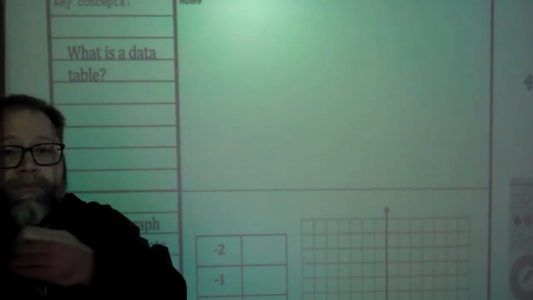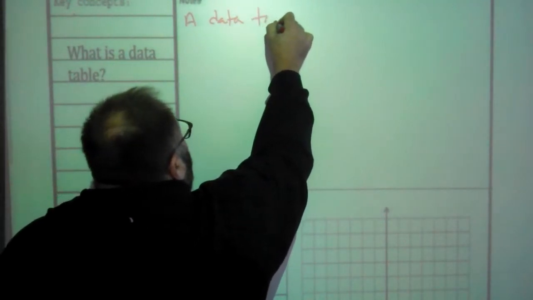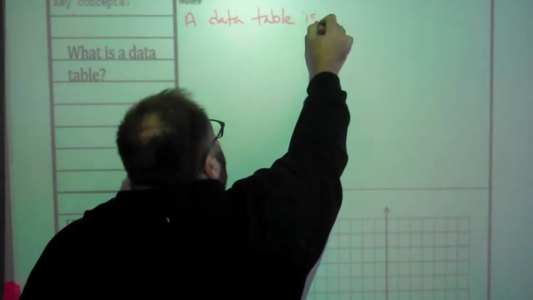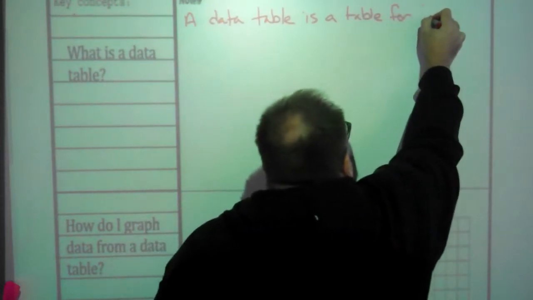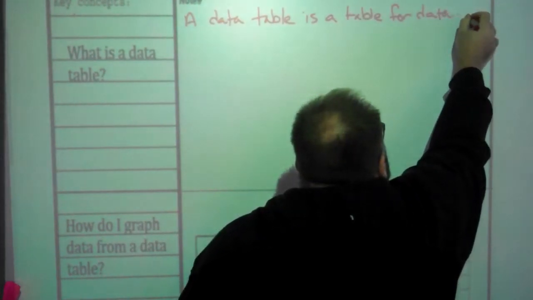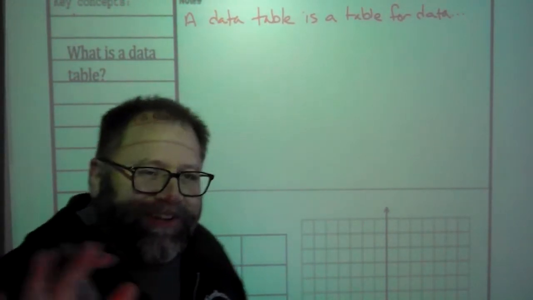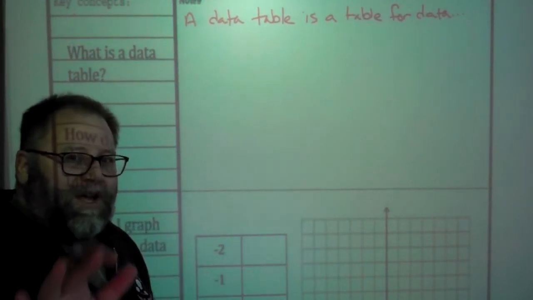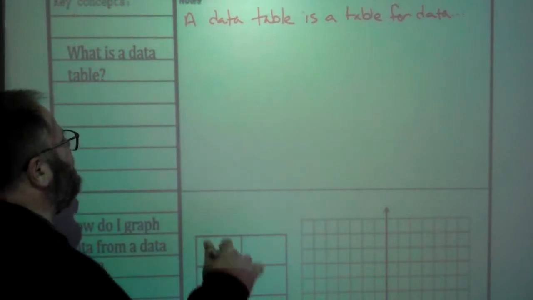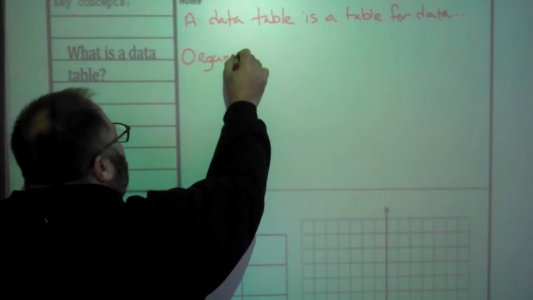All right, let's go. What is a data table? A data table is a table for data. Yeah, I wrote it. All right, fine. I'm trying to be funny. Sometimes it doesn't work. When I became a dad, the jokes got worse. I apologize. So a data table is really an organized way